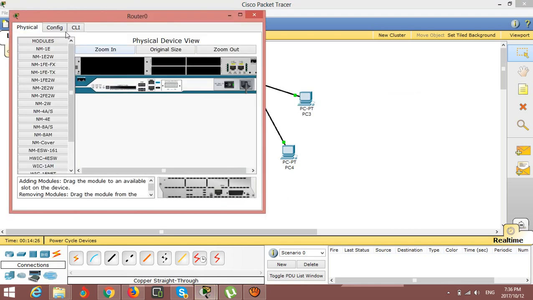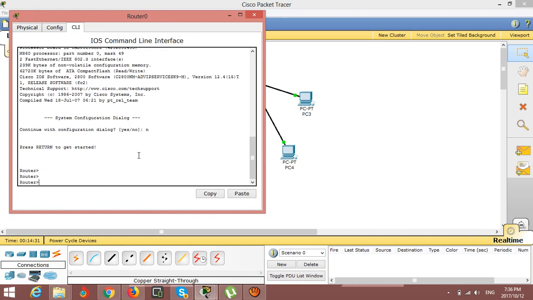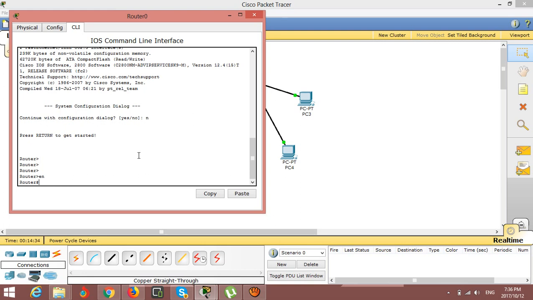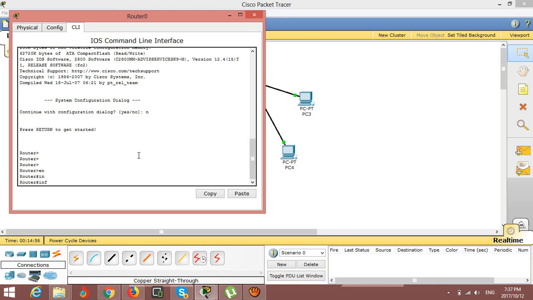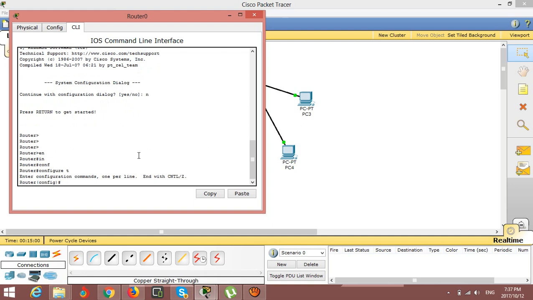Properly we have to configure here. Let's see, in the CLI, enable, and first we have to configure the password settings. We have the VTY password settings, and also have to set the enable password. These two passwords are very important to access from another side as far as VTY settings. Let's start. To make the settings, go to configuration terminal, and inside configuration terminal,